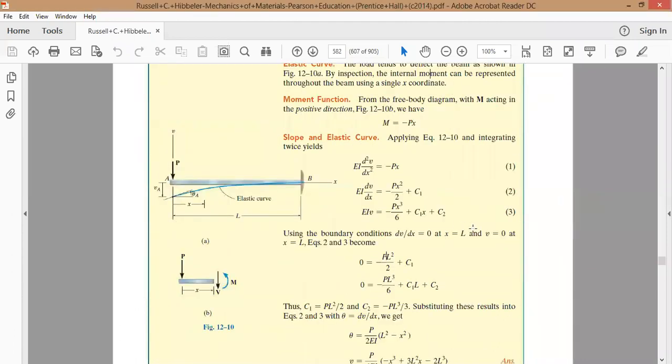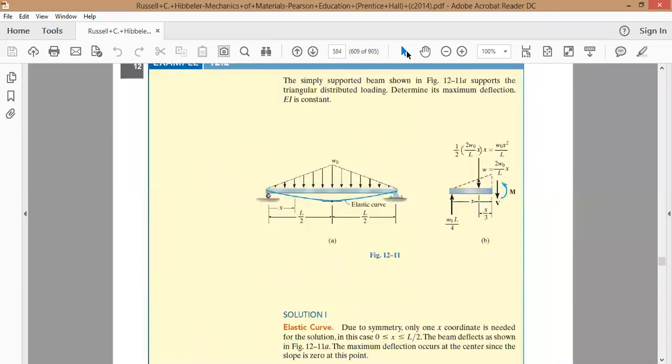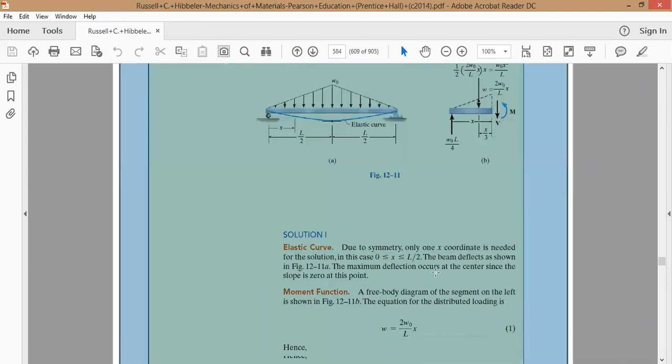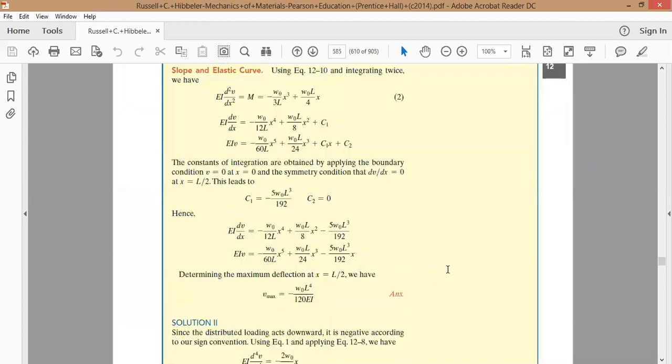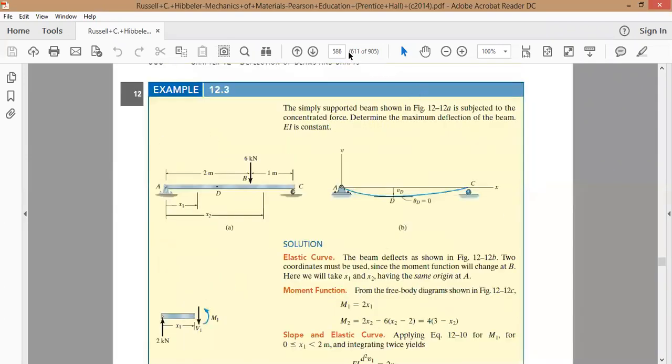Now, before you do this question, I am leaving this as homework for you. Please solve this question: we have a simply supported beam, subjected to a concentrated load. We have to find the maximum deflection. First of all, we should know the deflection curve. Again, you will use the same formula, EI